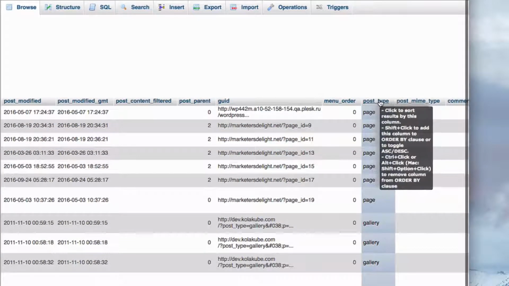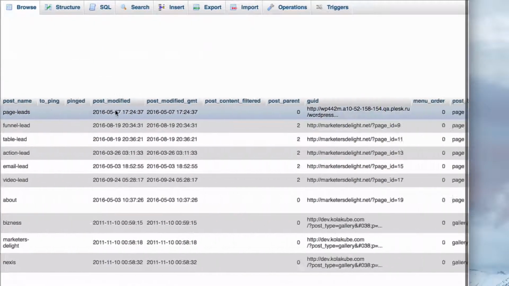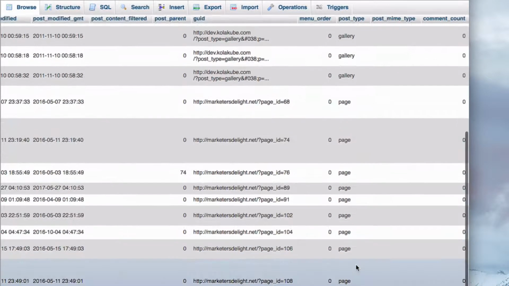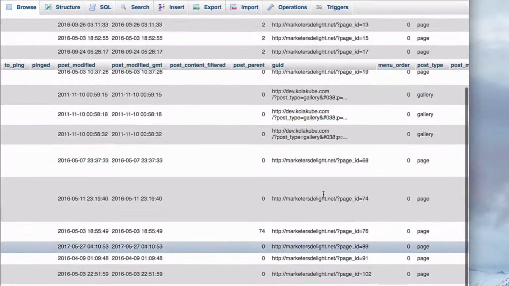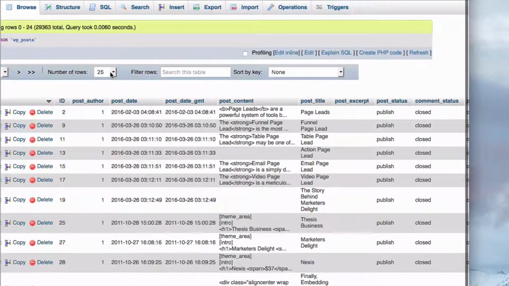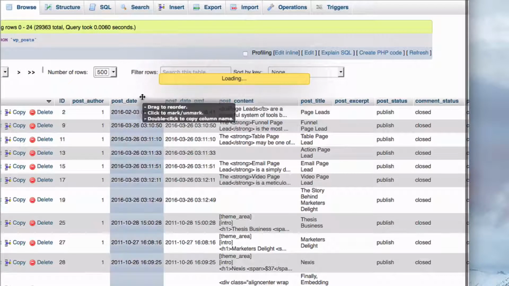So the easiest way to identify information in this post table is by scrolling over and looking at post type. So we can see that we have page. Okay, we know page is part of WordPress by default, and there would even be posts in here as well. I know that I don't use the gallery post type anymore, so I know that I'll be able to delete that if I want. And I bet you I can find some more post types that were related to BBPress